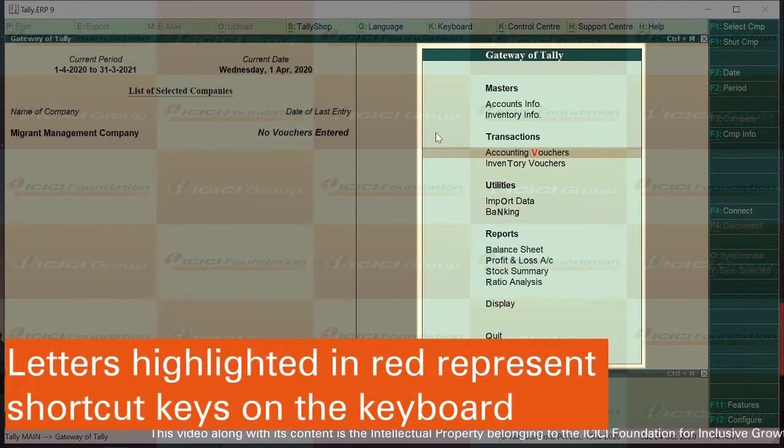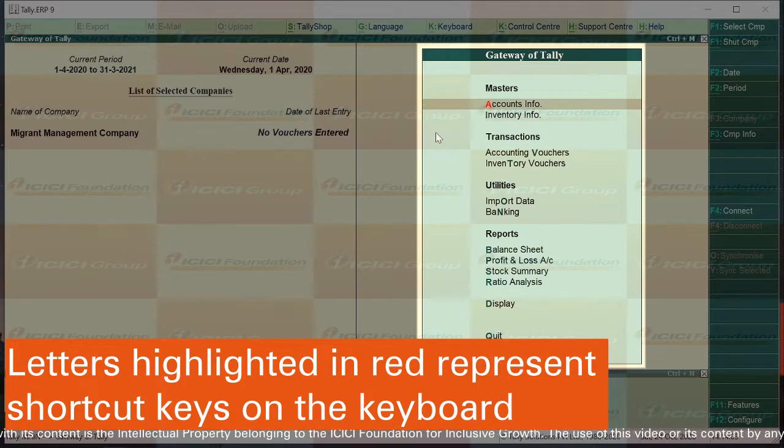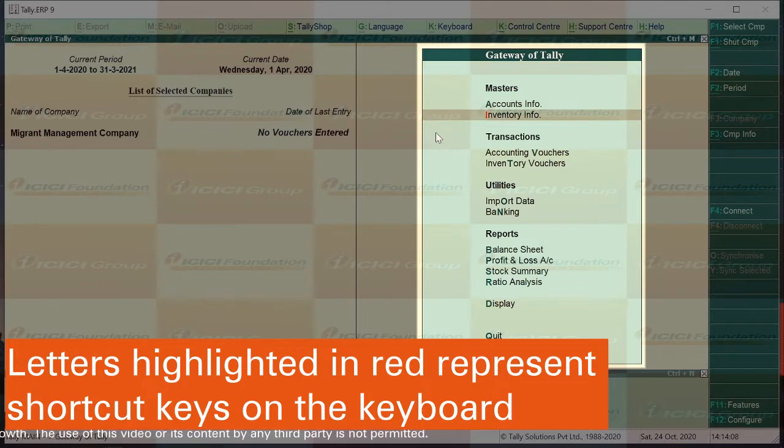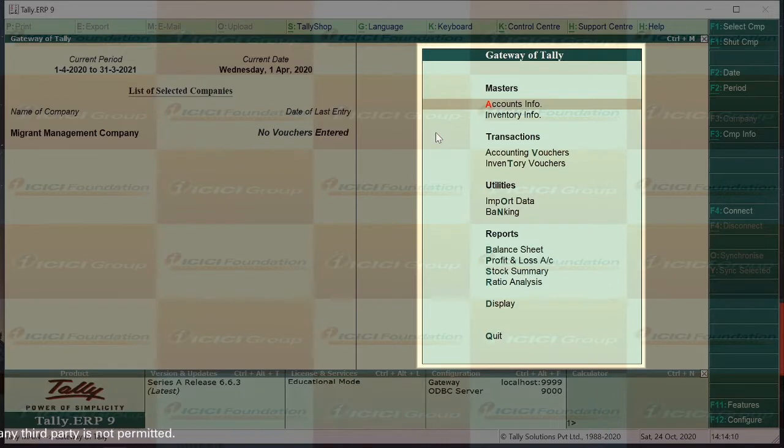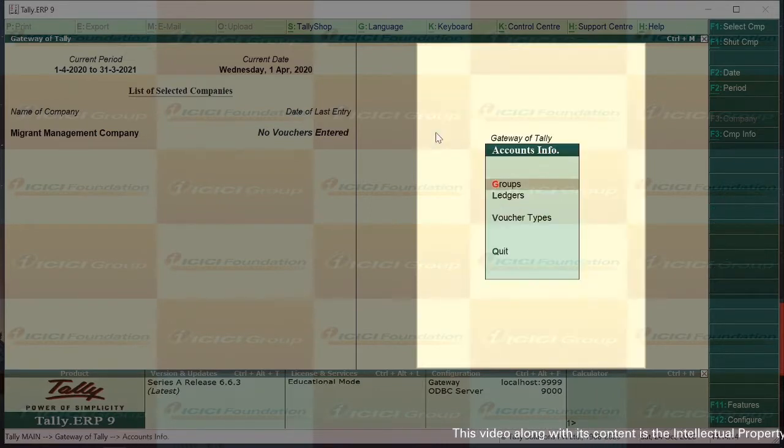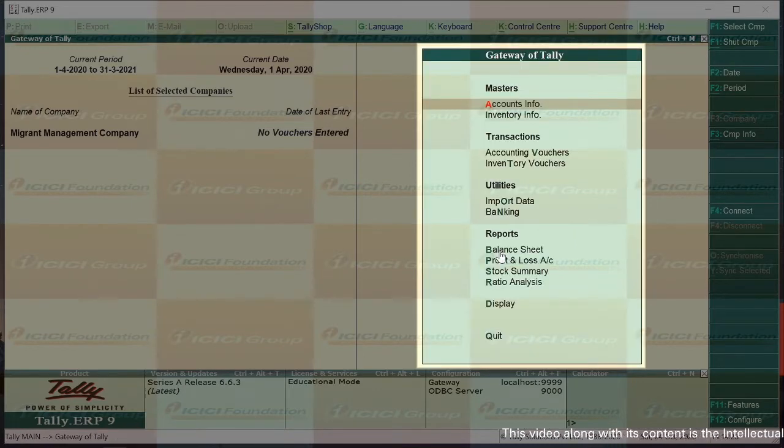That alphabet itself is the shortcut to open this function. For example, I want to open accounts info. So if I press alphabet A on my keypad, accounts info will get opened. If you want to come out of this, you can either press Q or click on quit. So we are again back to the Gateway of Tally.